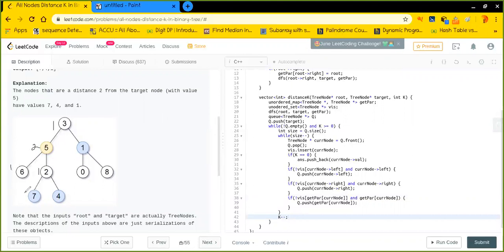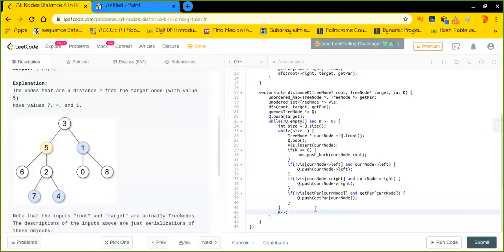And this is 0. These three are 0 at level 0. So that means if I go to another level, I just have to decrease my k. And when I go right here and I see this is 0, that means this is one of the answers. That is one of the nodes that is required to be printed. All right, I hope it is pretty clear to you guys. So this is what I have done till now.